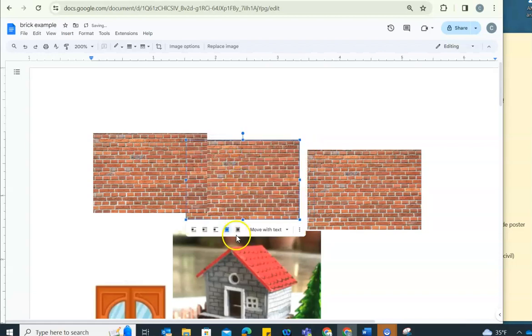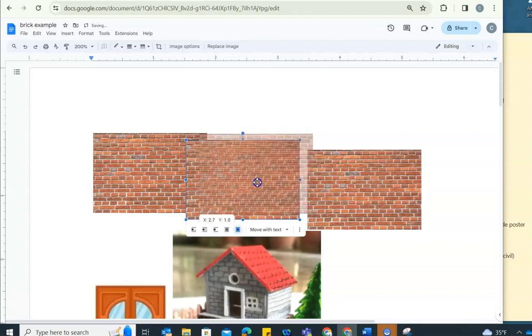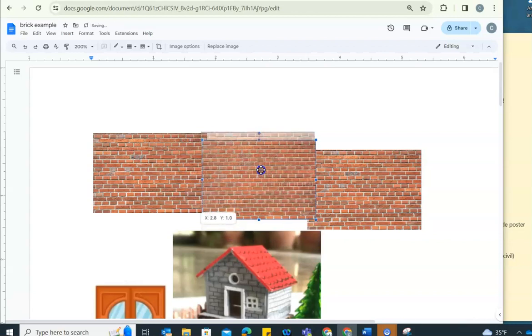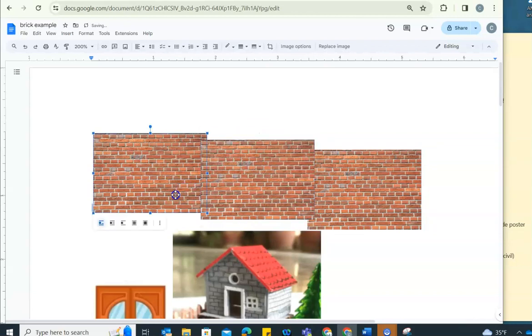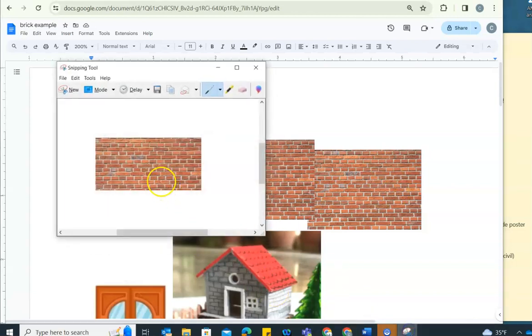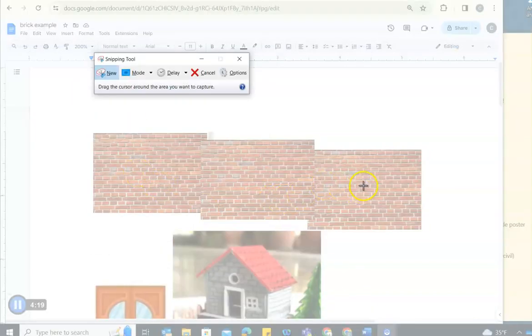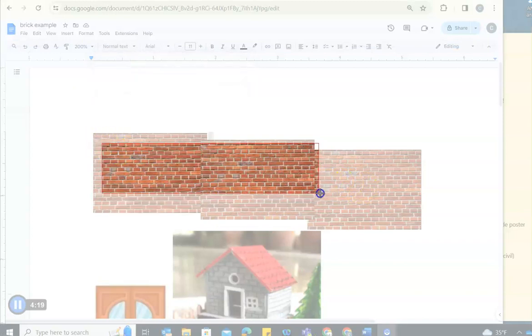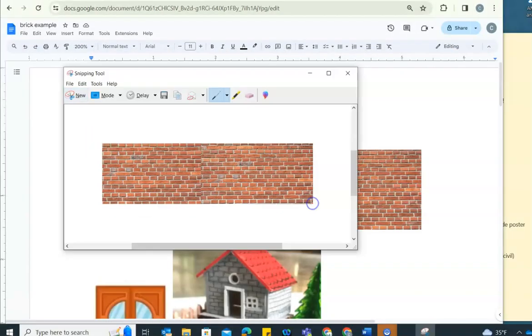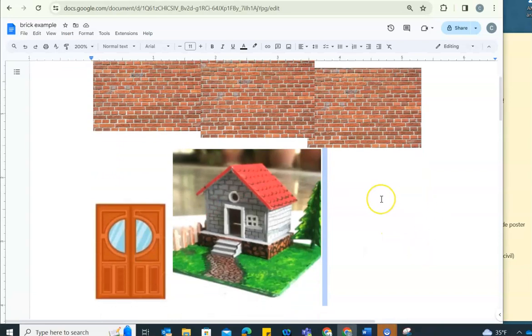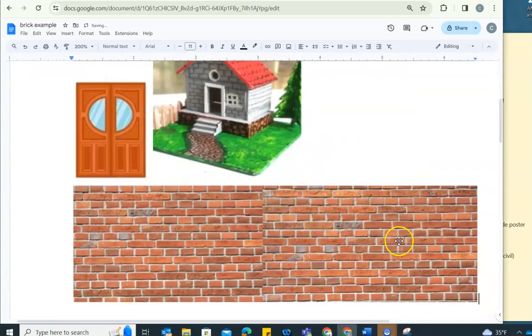It should be able to. We'll put it in front of text. How about that? So you should be able to set that on top, move that down so they match up. So work with that, and you can have one long brick and then print that out or copy that. Sometimes when I get it how I want, this is obviously crooked, but if I had it all straight, just to save time, then I could take this and I could then paste it in here and have a big